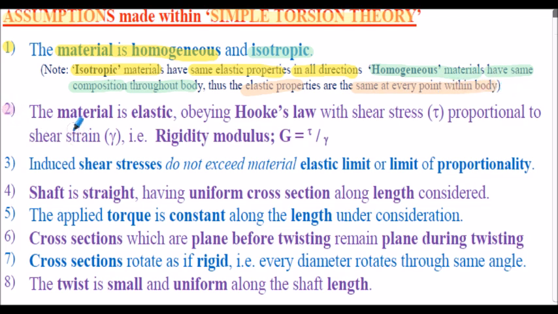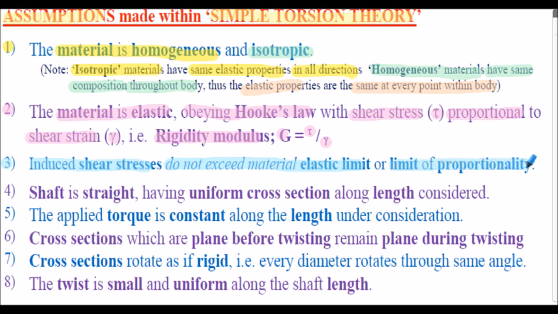Assumption 2, the material is assumed elastic and it obeys Hooke's law, with the shear stress, Greek symbol tau, considered proportional to the shear strain, Greek symbol gamma. In other words, our shear modulus or rigidity modulus, G, is equal to the shear stress divided by the shear strain. Assumption 3, induced shear stresses do not exceed the material's elastic limit, where this is clearly defined, or the limit